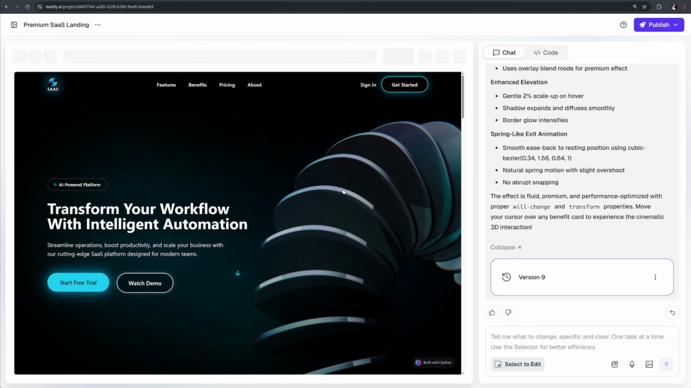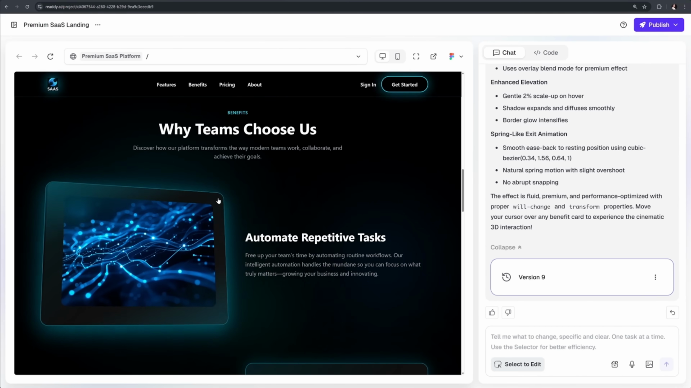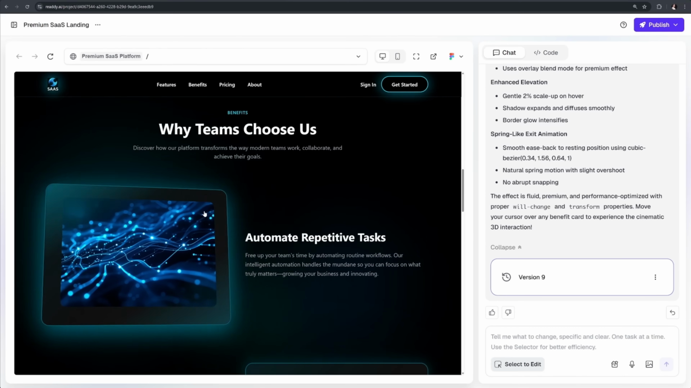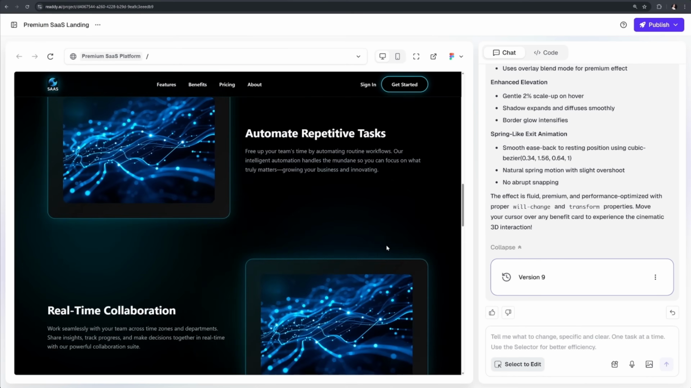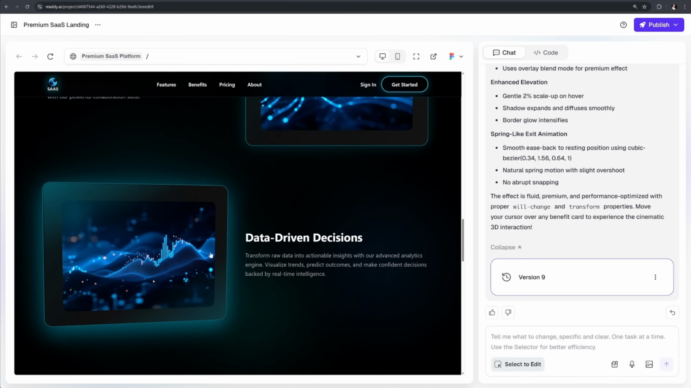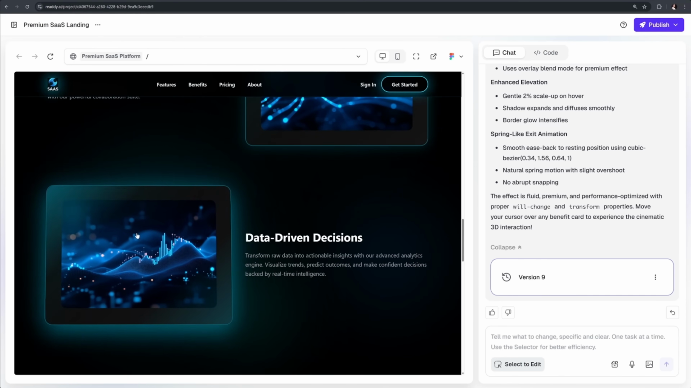And finally, it's done generating. Now if I scroll down and hover over each of these cards, we can see an awesome 3D effect animating as we hover. Pretty amazing, right? Now for the next step, I'm going to ask Ready to add some super advanced scroll trigger animations to my